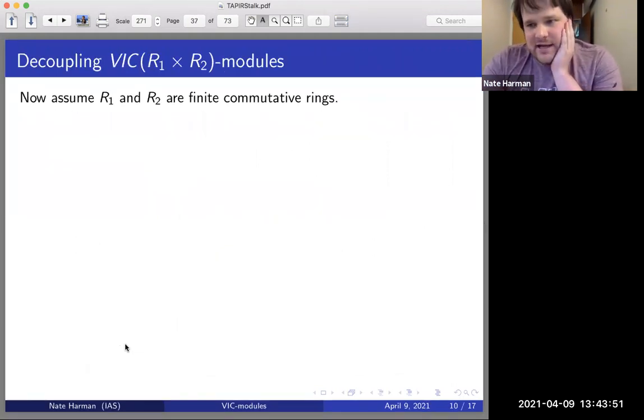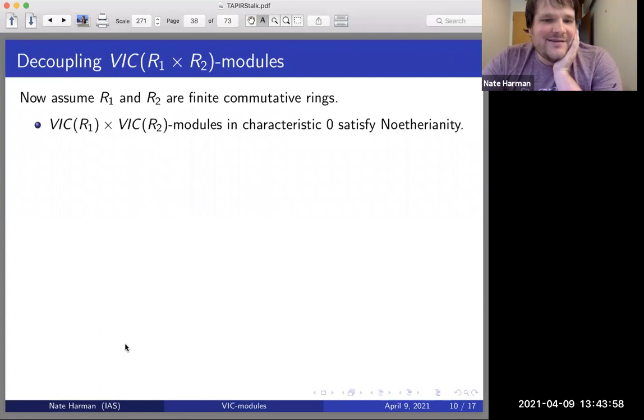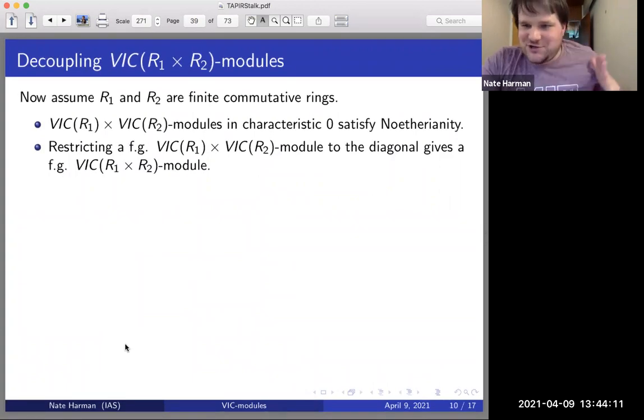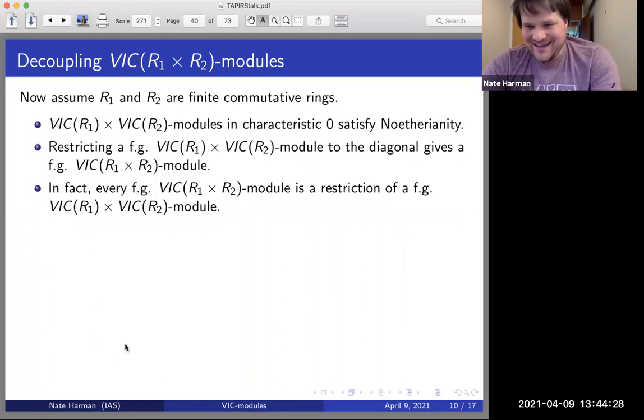Now let me go to the case where R1 and R2 are finite. First of all, we have Noetherianity, the same way that finite generation descends to sub-objects. But we also have that finite generation descends to restriction to the diagonal. If I have a finitely generated module for this product of VIC categories, it's still finitely generated on the diagonal. And moreover, here's the most bizarre part: everything arises this way. Every VIC (R1 cross R2) module can be extended beyond the diagonal to something finitely generated,